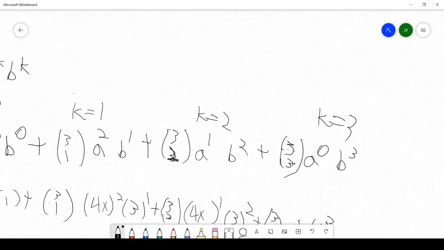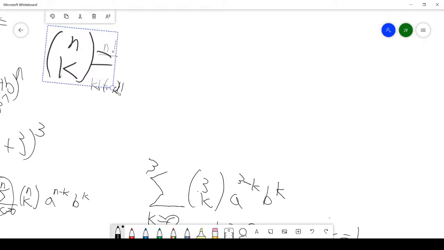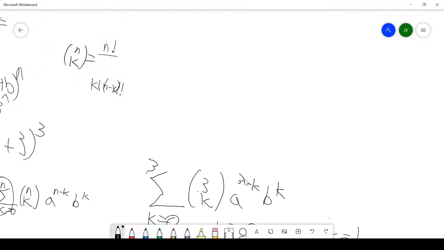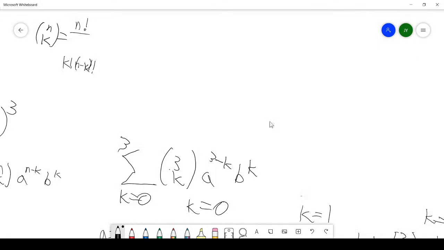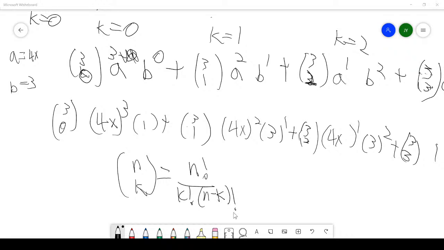Now that we've done that, we need to figure out what these choose 2 means. If we can bring this over here. And whatever, we can just write it again down here. And k equals n factorial over k factorial times n minus k factorial. Just as to other things, this is not as hard as it looks. What this means is,